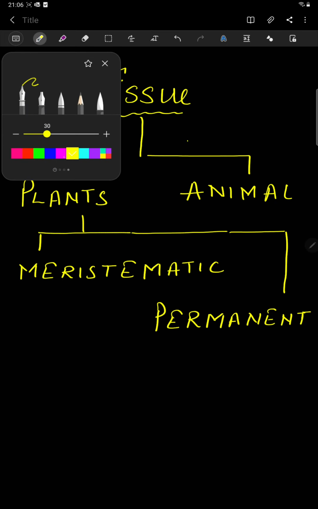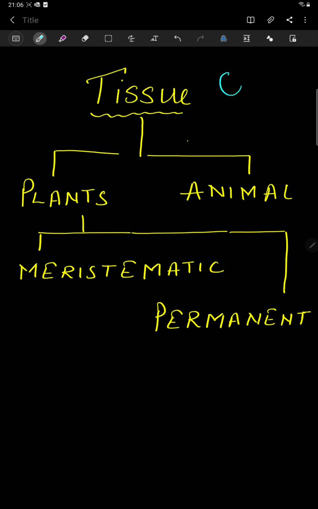That means if I draw a structure of tissue, that is cell number 1, cell number 2, cell number 3, cell number 4, 5, so many. So this is tissue: a group of cells which can perform one specific function is known as tissue. As we know, all life is divided into plants and animals, especially in majority. So first, tissue is divided into two parts: plant tissue and animal tissue. Today in this video we will be dealing with the plant tissue.